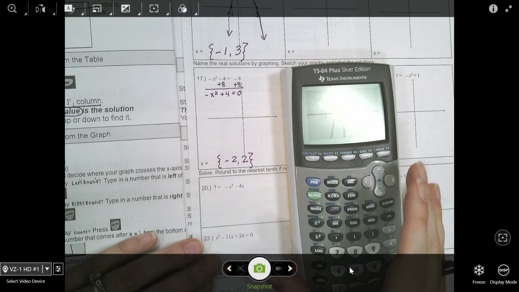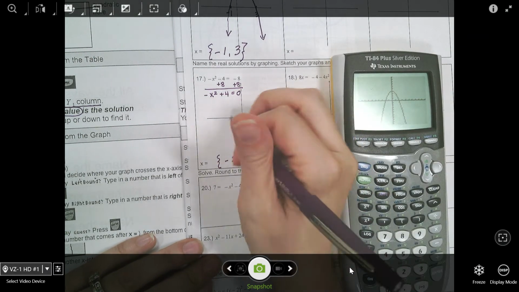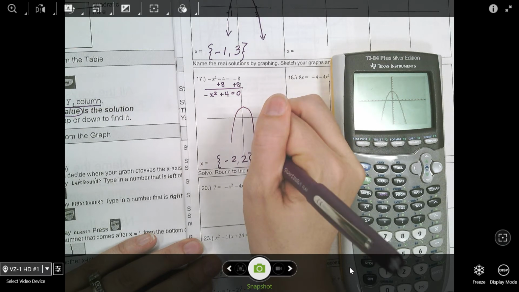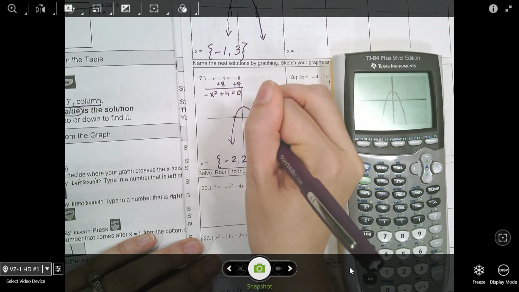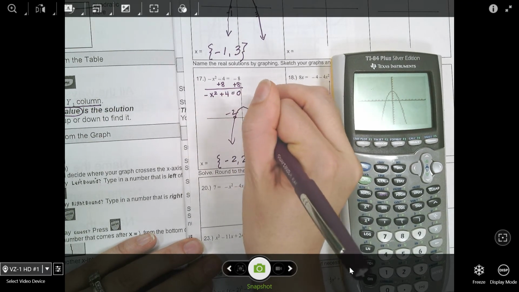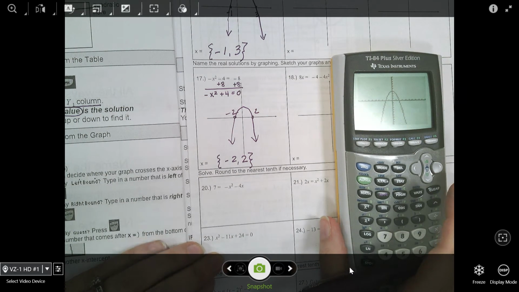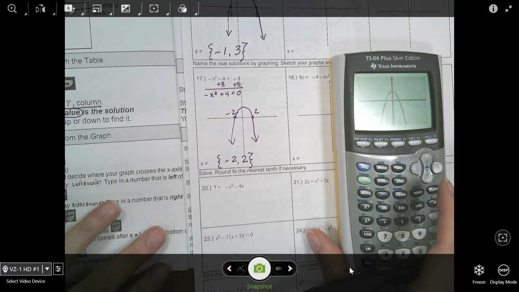And then I can sketch the graph. So it looks something like this. And this one's at negative 2, and this one's at 2. All right. So far, we've had really nice